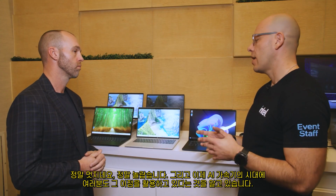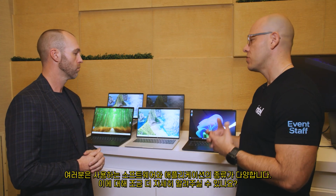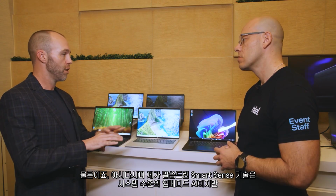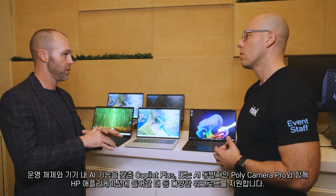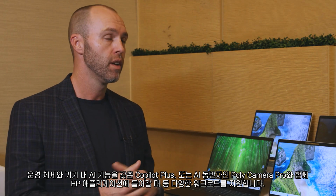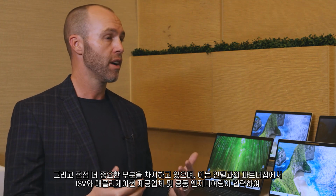And now in the age of AI accelerators, I know you guys are taking advantage of that. You guys have some different types of software and applications that you're using. Can you tell us a little bit more about that? Sure, yeah, and so that SmartSense technology that I talked about, it's kind of embedded AI at a system level, but it really supports a number of workloads, whether it's just at the operating system and Copilot Plus with on-device AI capabilities, or as we get into HP applications with our AI Companion or Poly Camera Pro,